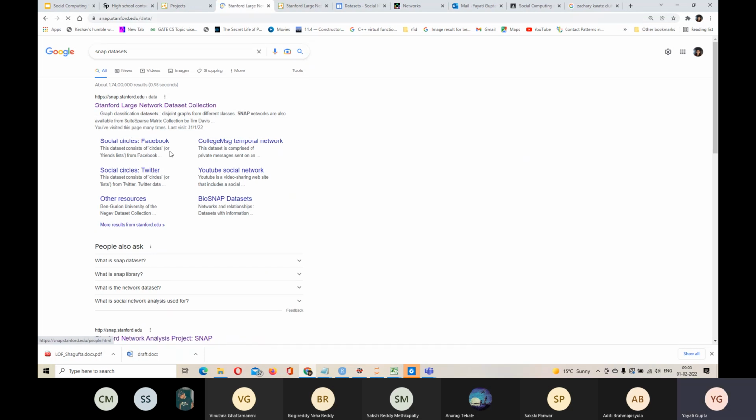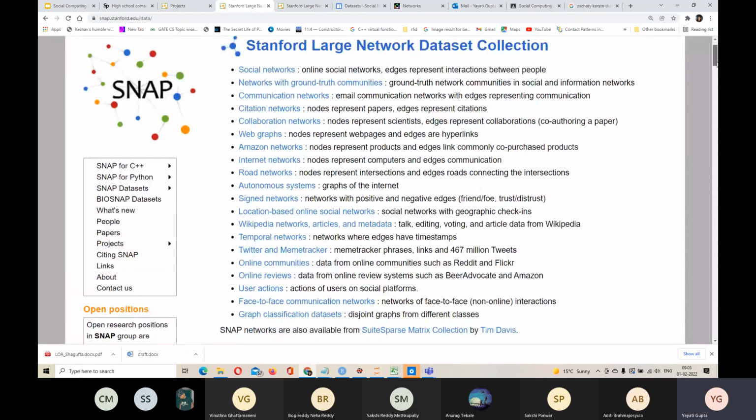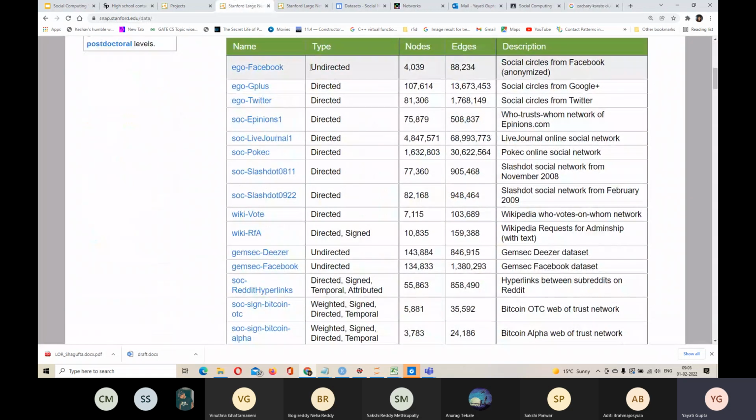This is one website which has a huge amount of networks of different types which you can use. As you can see here, it has social networks. The first network is the Facebook network, and it's definitely an undirected network because friendships are mutual, right? And for each network you can see the number of nodes and number of edges here.